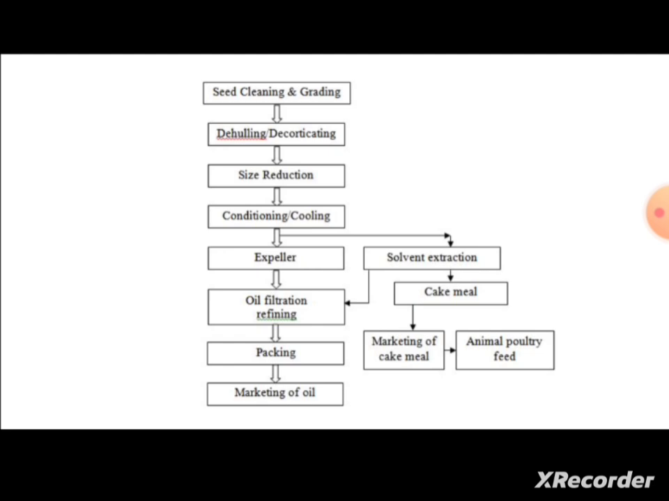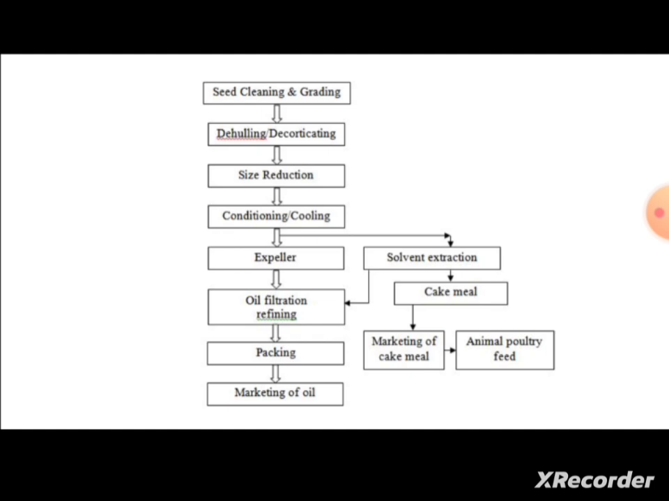first the seeds will be cleaned and graded, and then de-husking or decorticating will be done, either manually or mechanically operated, and then size reduction takes place and expellers or extractors are used to extract the oil from the seeds. Then oil filtration takes place, and packing and marketing of the oil takes place. After that there will be formation of a cake meal. So the cake meal can also be marketed, or used for animal consumption,